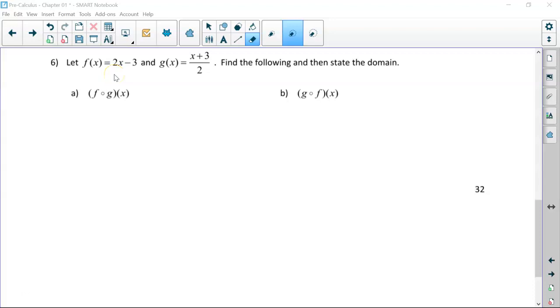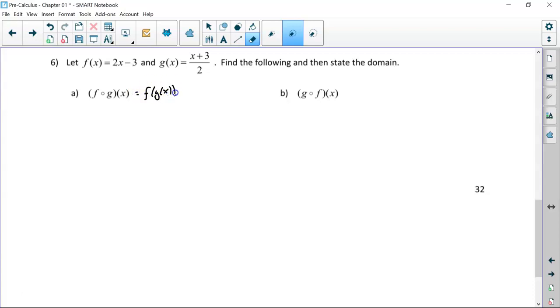Welcome back to section 1.8, part 3. These are some additional practice problems. Composition of functions always causes some trouble, so it's good to do extra practice, and that's what we're doing right now. So f of g of x,